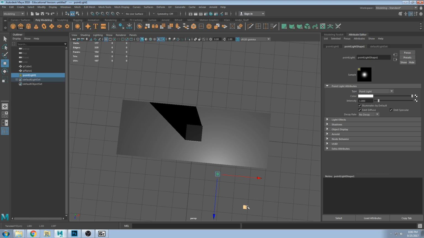Like Maya, it doesn't change a whole lot in the background. Neither does 3D Studio Max or any of these packages, but the renderer is constantly where the changes are being made all the time, right? So